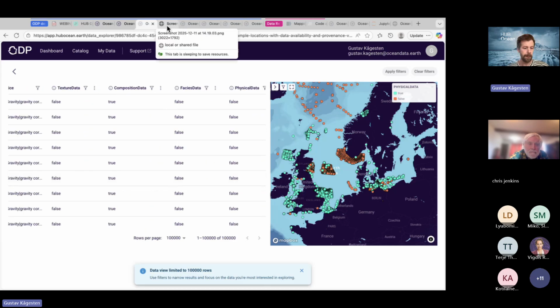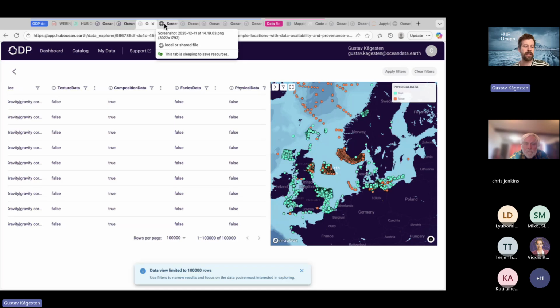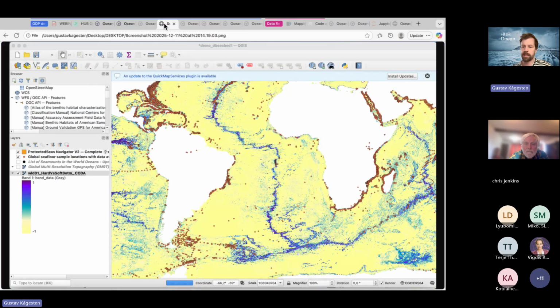Okay, and then a third way that you can consume this data is, again, if it's a vectorized table data set, you can also connect to it through OGC features directly in your GIS. This is just a screenshot to keep it easy for us now, but in QGIS, it's quite simple to add the ocean data platform to your OGC features, and you can do that with ArcGIS as well.